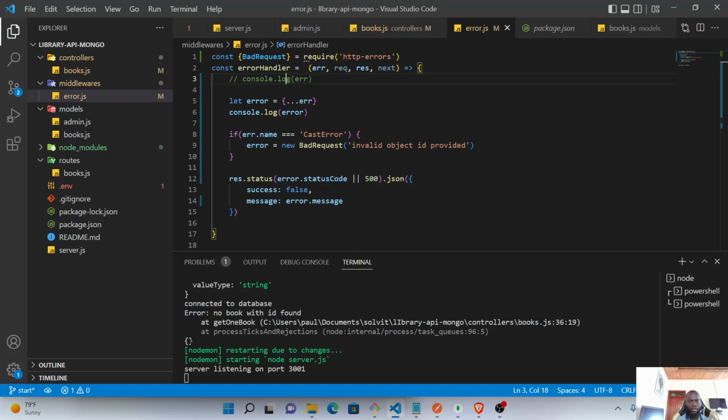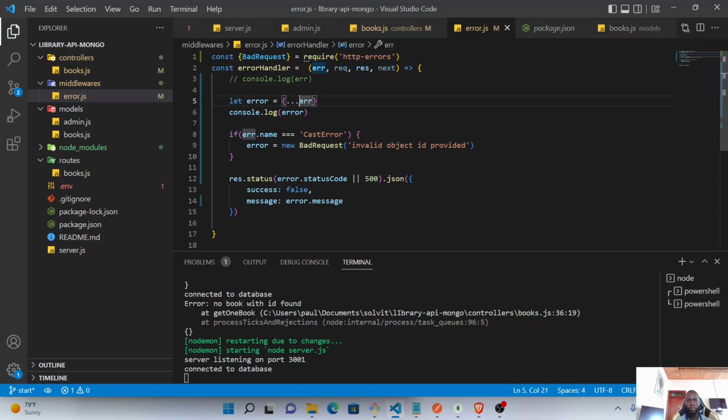You're gonna see it's the last thing here. It's an empty object. So for some reason, you can't make a copy of the original error object using the spread operator. But another way you can make a copy, and this works,